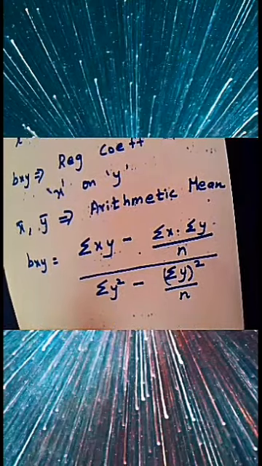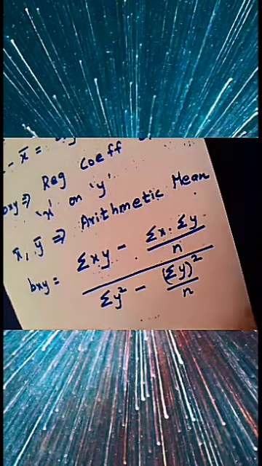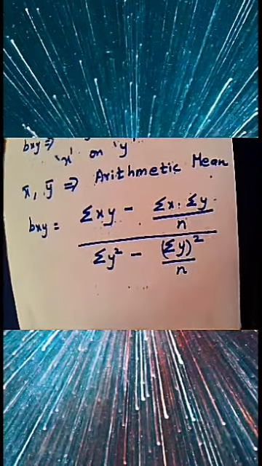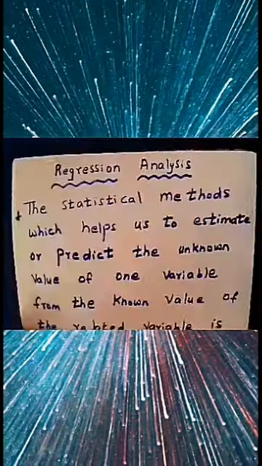Bxy, the formula for bxy is summation of xy minus summation of x times summation of